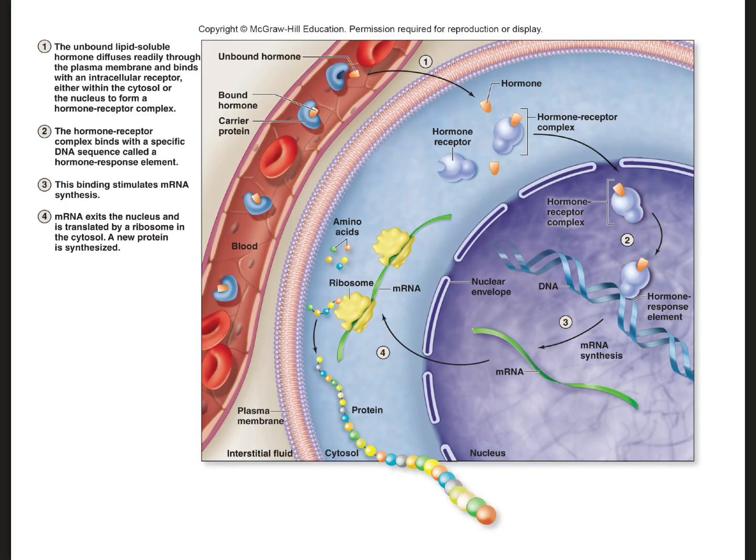How do you think this will differ from what you might see in a water-soluble hormone? Zania. The receptor is going to have to be where? The receptor for the hormone is going to have to be on the outside. So then the question being, if the receptor is out here, how do we get the response inside the cell?